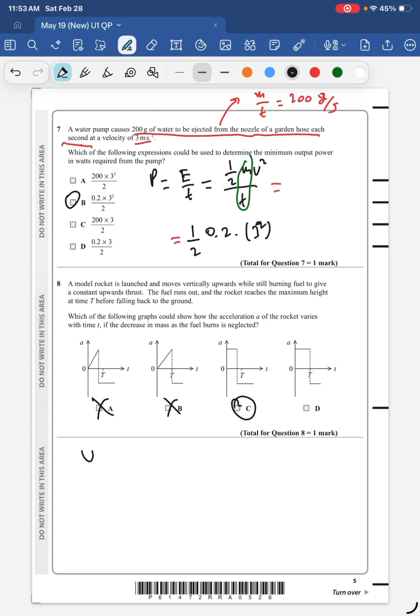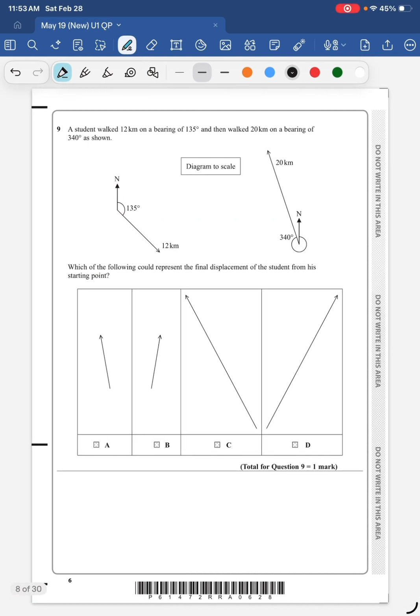All right, so let's move on to question 9. For this one I had a little bit of trouble until I saw what I was doing wrong. So a student walked 12 kilometers on a bearing of 135 degrees and then walked 20 kilometers on a bearing of 340 degrees as shown. Which of the following could represent the final displacement of the student from his starting point? So the best way to see it is,